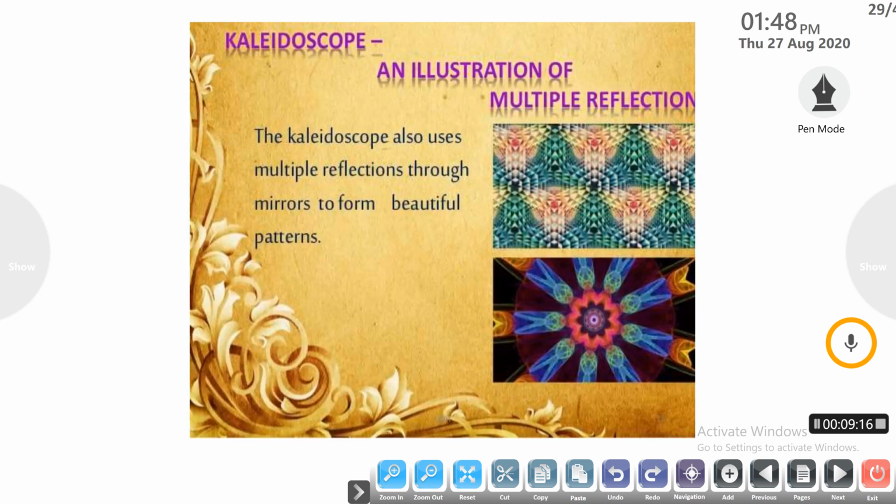The next is the kaleidoscope. Like you can see in real life, the kaleidoscope is based on the principle of multiple reflections. It also uses multiple reflections through mirrors to form these beautiful types of patterns, like you can see in the